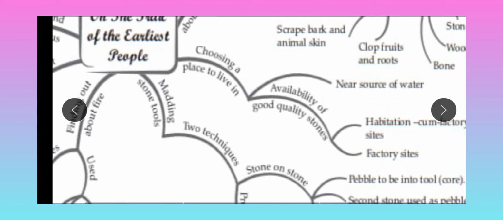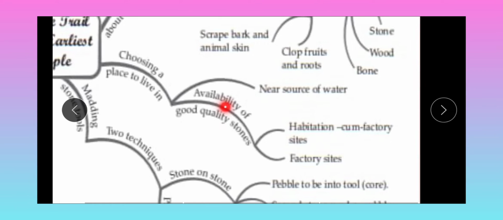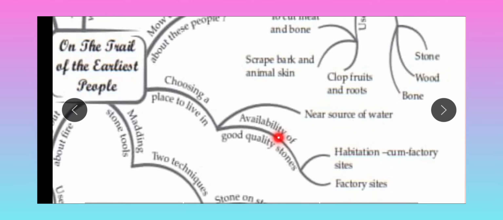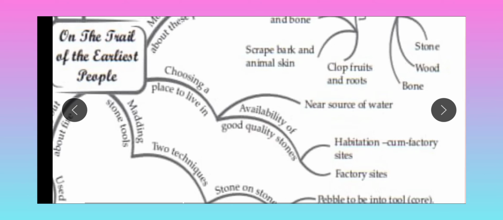Third point was choosing a place to live in. On which basis were the people choosing the places to live? First one, availability of good quality stones. Where people were getting good quality stones, from that they were near sources of water. Another thing is the availability of stone. Why is it needed? Because they had to make